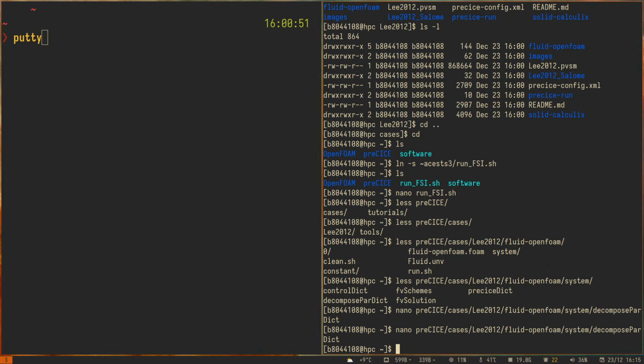So now we know that we use 4 CPUs. That means OpenFOAM is going to use 4 CPUs. Calculix is going to use 1 CPU. However, Calculix can use threads, so it can use basically 2 CPUs. So 4 plus 2 is 6. So I now need 6 CPUs, and I need to ask the cluster to give me 6 CPUs to start